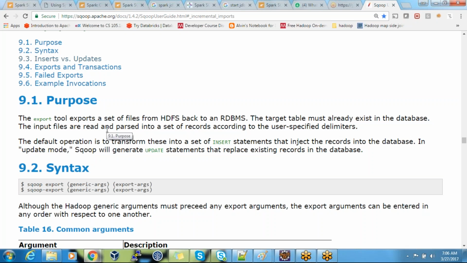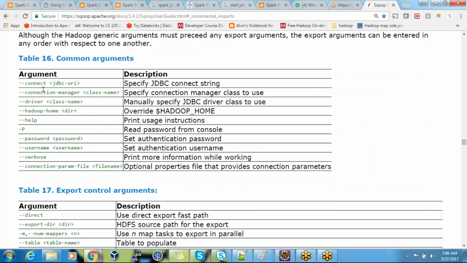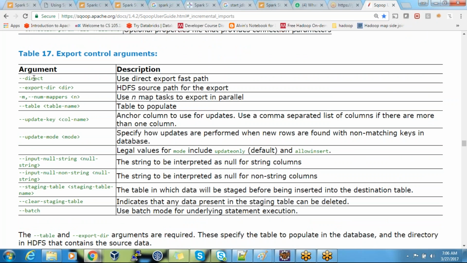In RDBMS, you should have a table created, and you need to specify the location. Everything is the same: connect, username, password. And your hyphen directory will be the export directory, where it is in HDFS, from where in HDFS, number of mappers,